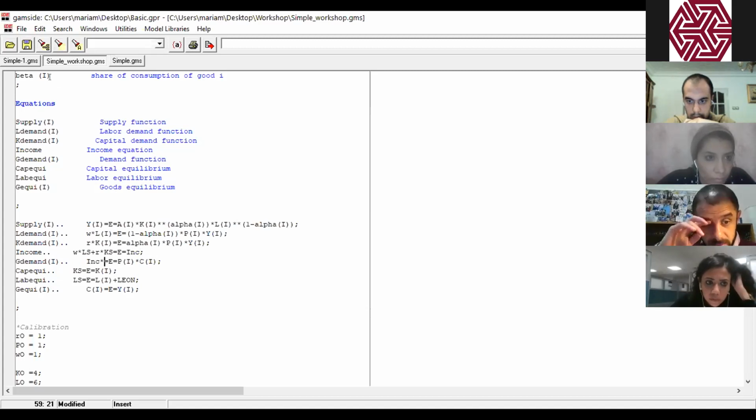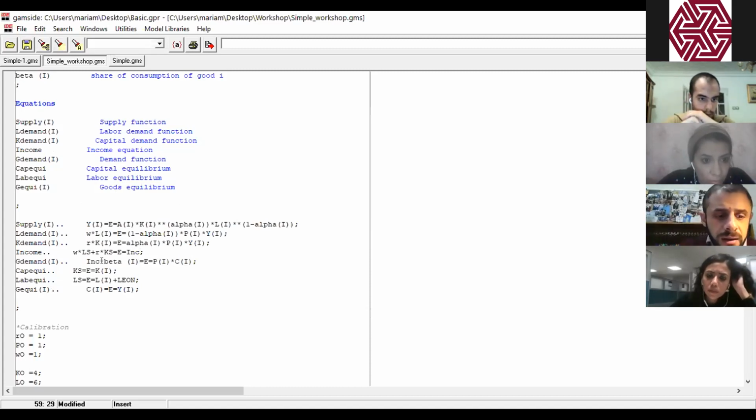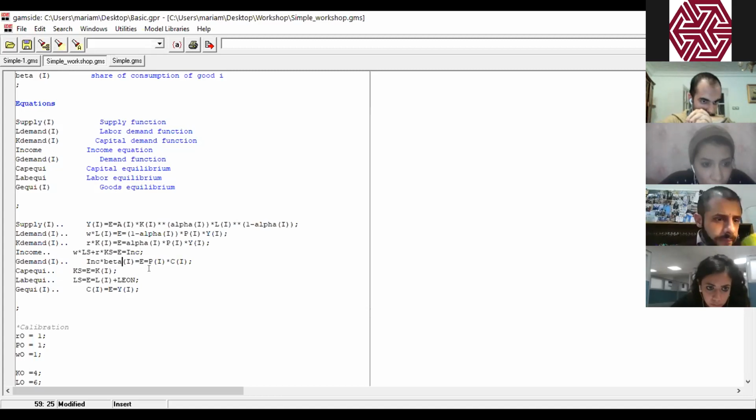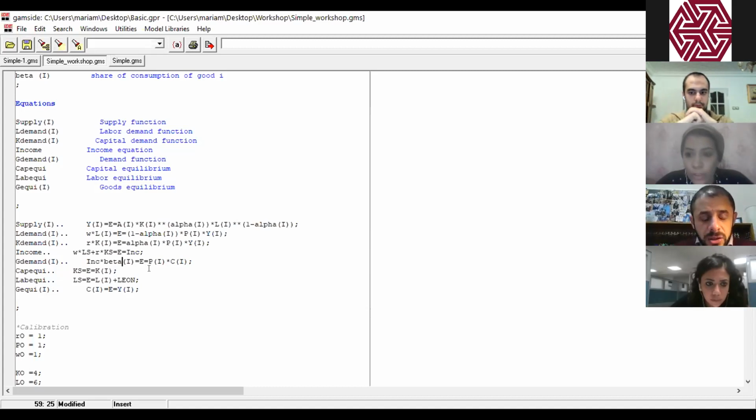But here we need to remove the space between beta and I, please. Exactly. And in the QS, the supply of capital equal to, I think here we need to add sum. Perfect, and that's the new part. We have to add the sum, exactly.